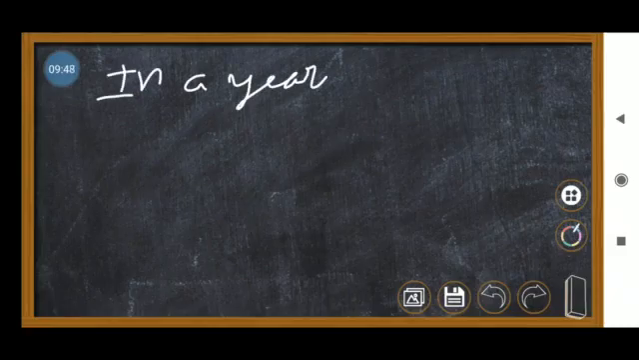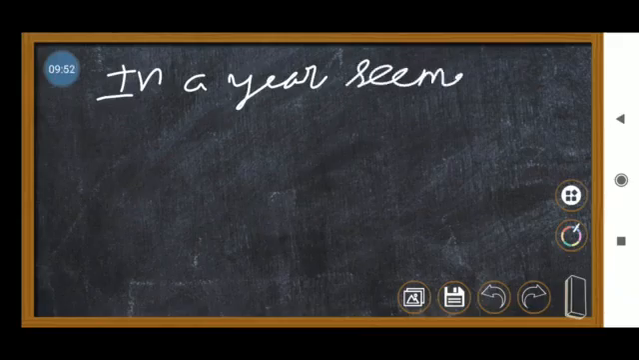Find the ratio of money Seema earns to the money she saves, and the money that she saves to the money she spends. Okay, first we have to write the question. So in a year, Seema earns